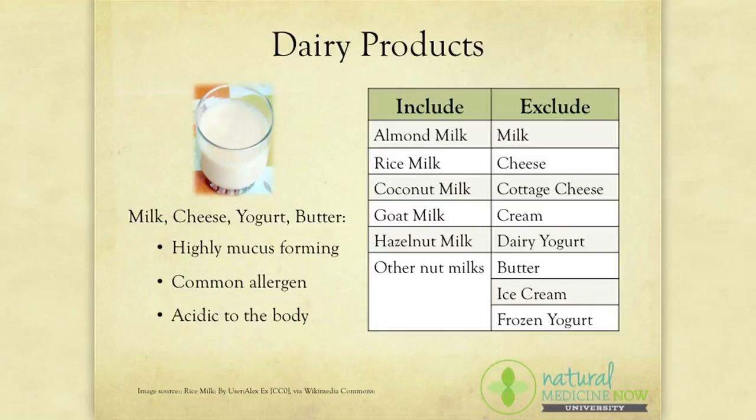You may be wondering, why do you need to avoid dairy on the Clean 14 diet? Milk, cheese, yogurt, and butter are highly mucus-forming and very common allergens and can be acidic to the body. Most milk, yogurt, and cheese has been pasteurized and has all the health properties destroyed from it, and it usually contains a lot of sugar. On the Clean 14 diet, you can use milk substitutes such as rice milk, almond milk, oat milk, coconut milk, and other nut milks. You strictly want to exclude milk, cheese, cottage cheese, cream, yogurt, butter, ice cream, frozen yogurt,